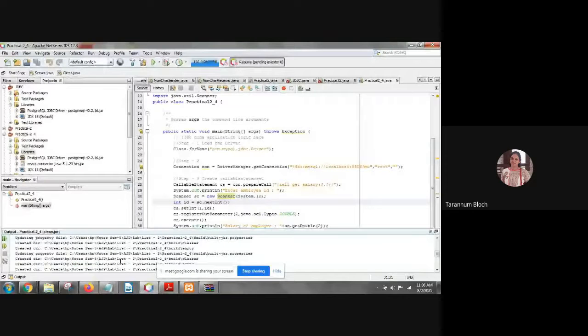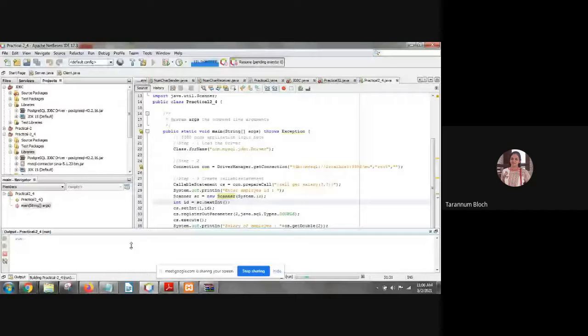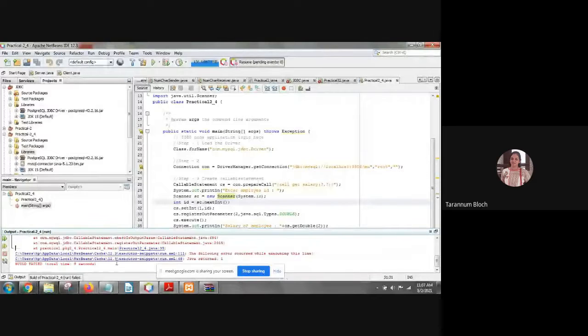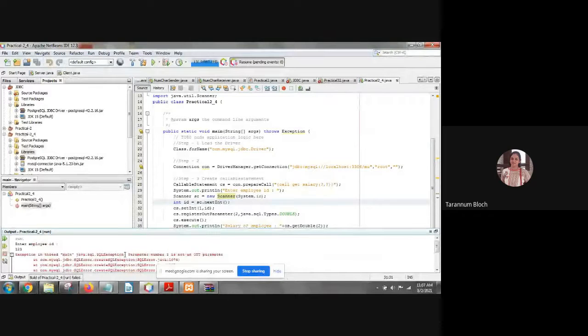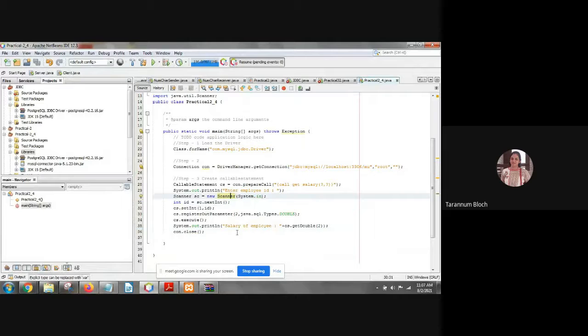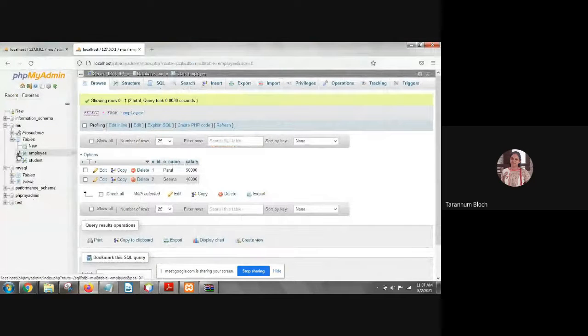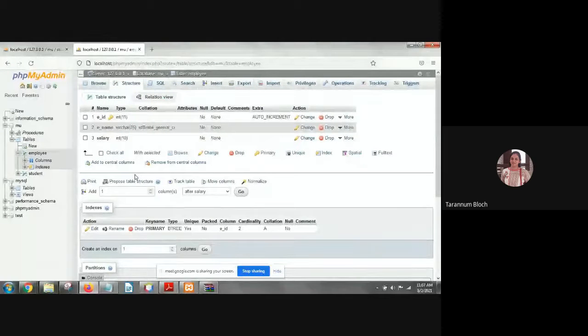Enter employee ID. Show me your database. Go to the structure. You have taken salary as integer, so you need to change it.